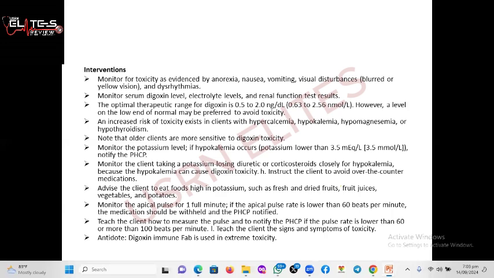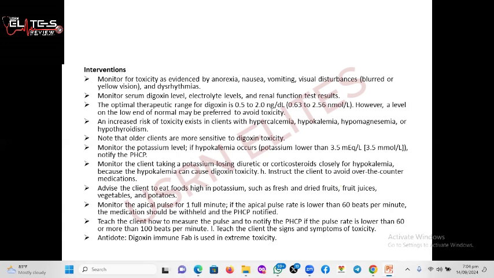hypokalemia leads to digoxin toxicity. So you rather increase the potassium-containing diet. Sorry for that. Then you need to monitor the apical pulse. You need to monitor the apical pulse for people taking digoxin. And if the apical pulse is less than 60, you need to withhold the medication and inform the healthcare provider about it. So you have to make sure that the pulse is between 60 to 100,